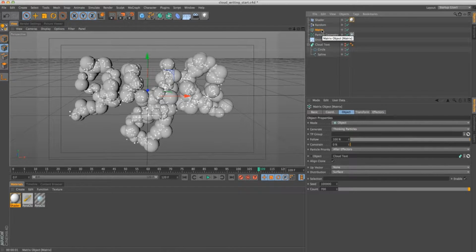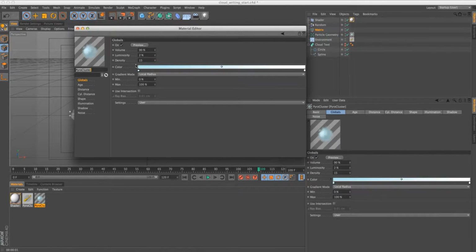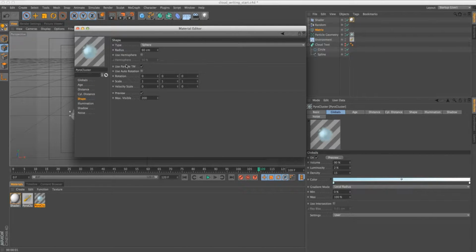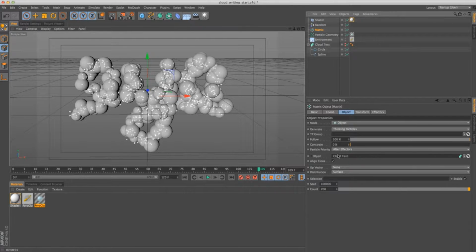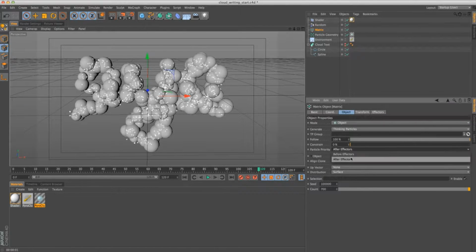that you create with your matrix object. And you just have to keep in mind that you have to have this use particle TM enabled, so you can actually use those effectors to manipulate these thinking particles that are created by the matrices, created by the matrix object. And if you're changing position or manipulating the position of the thinking particles with an effector, you need to make sure that your particle priority is set to after effectors instead of before effectors, just because of how thinking particles work and when they're generated. So you want them generated after you move them